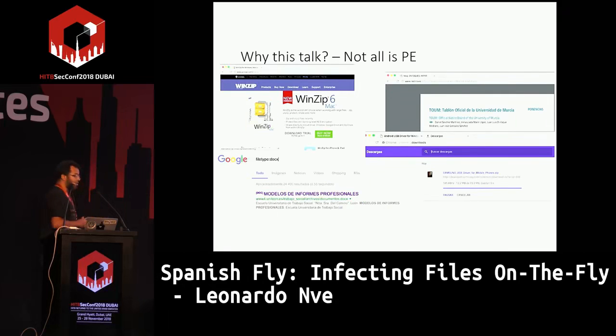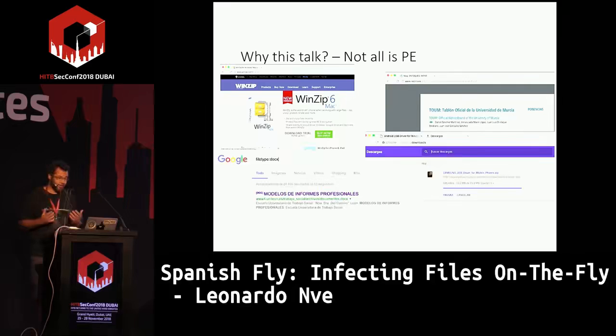Also, when I talk about downloading files, or when other people talk about downloading files, they always talk about PE files. I mean executable files, exe files. But we not only download exe files, we also download zip files, for example DMG for macOS, Office documents, PDFs.